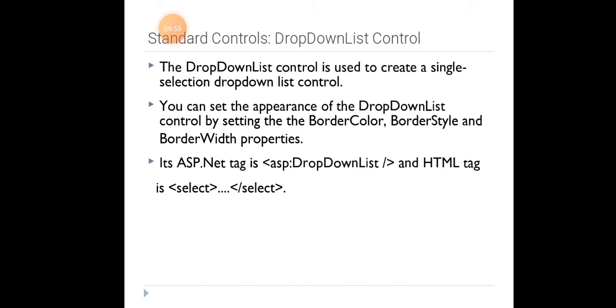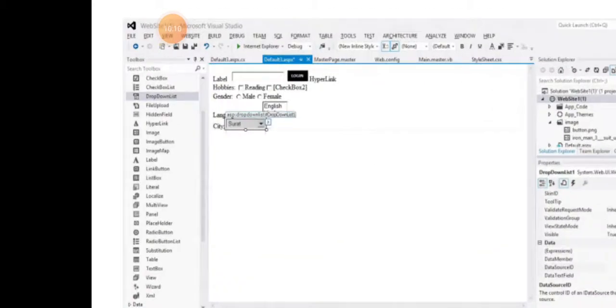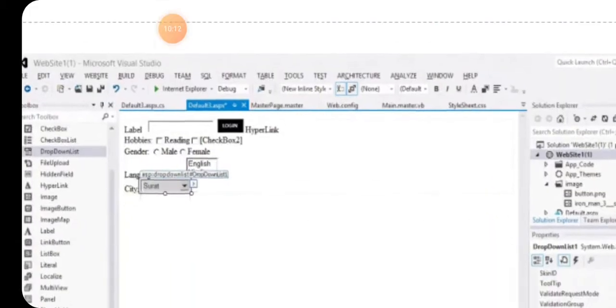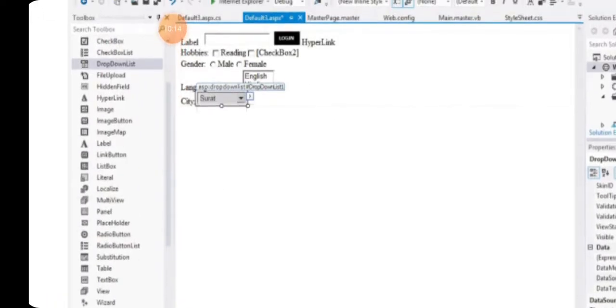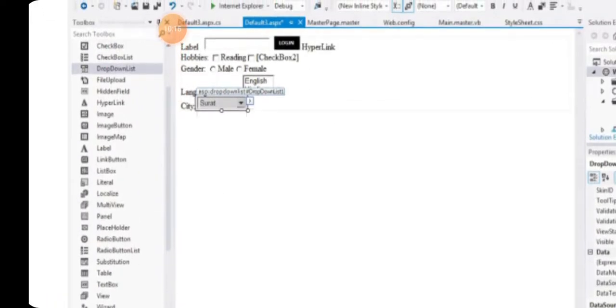In ASP.NET, the source page automatically creates the tag while adding the drop-down list in the page, just like asp:DropDownList, and in HTML, select. Here the drop-down list is city. Select the city. While clicking this triangle button, it will display the list of items. From that we can select the city.